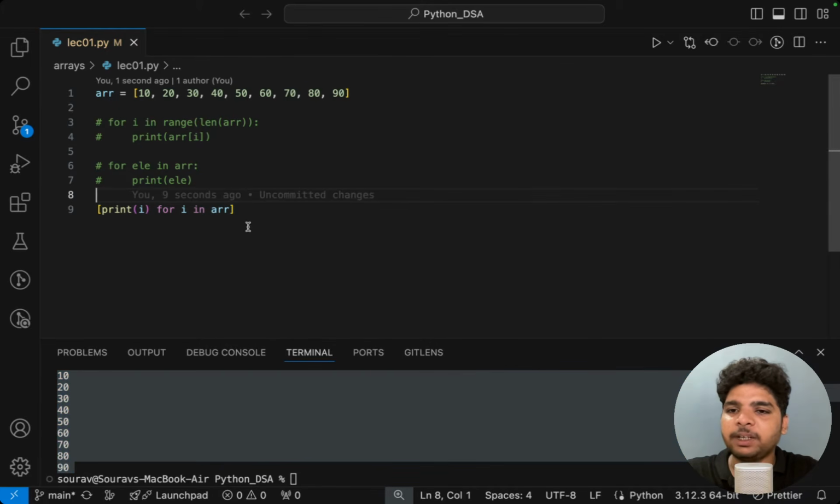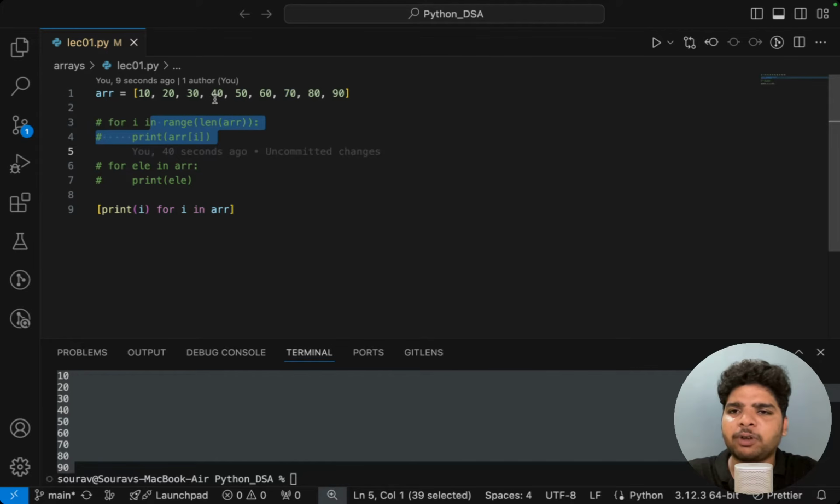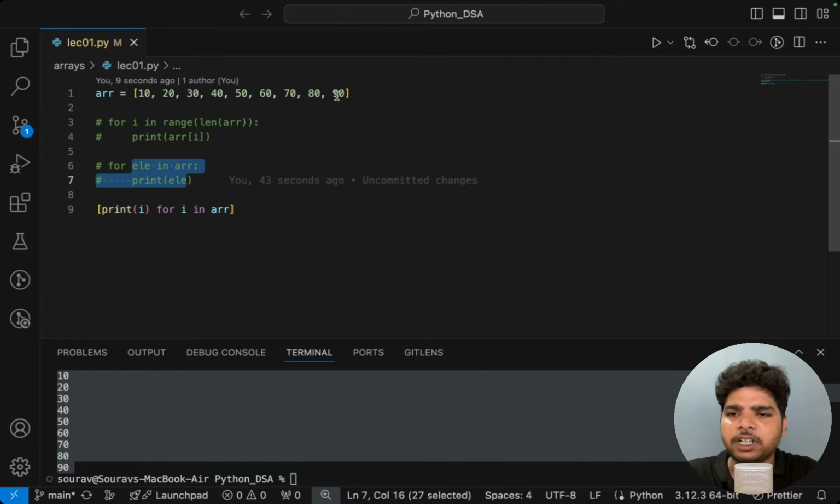So what is the difference? The difference here is it basically returns a whole new array. This list comprehension is basically used to copy an array from an array. And this iterative approach is basically used to iterate from the starting element to the last. But using this for loop, we can iterate from any index we want, let's say from 2 to, let's say, length minus 3. That we can do. We can choose from where to where we want to iterate. But for the iterative approach we have to iterate from starting to ending, and this basically returns